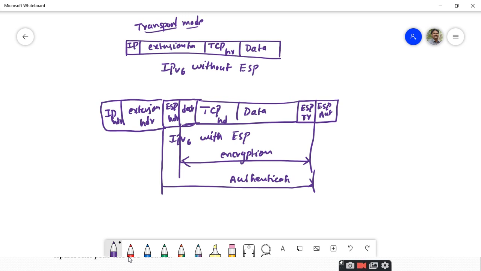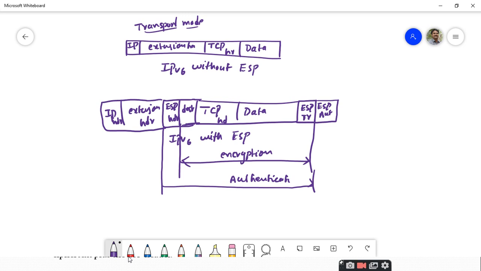So, with respect to IPv4, the TCP header plus data plus ESP trailer is going to be encrypted, and with respect to the same IPv4, in the transport mode, the ESP header plus TCP header plus data plus ESP trailer, four parts, is going to be authenticated. The same thing happens with respect to IPv6. The encryption is going to be performed on the TCP header plus data plus ESP trailer, and if the destination option is there, you can add it to the encryption also. And authentication remains the same.